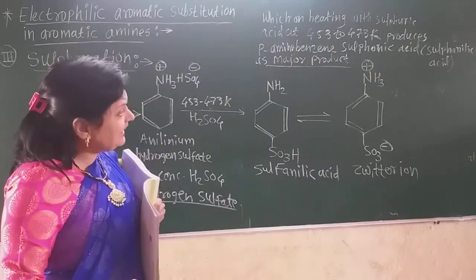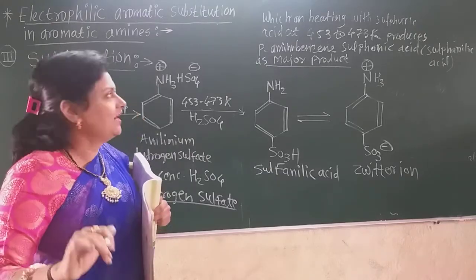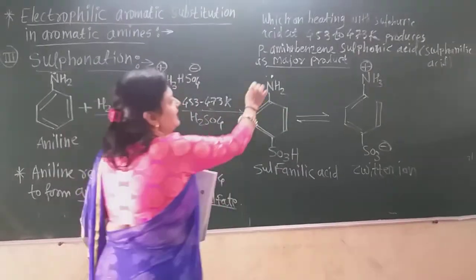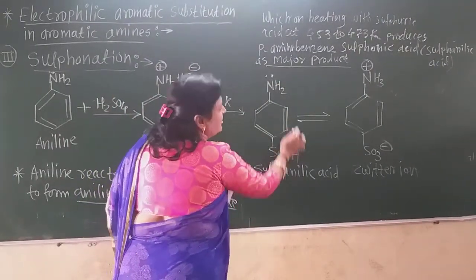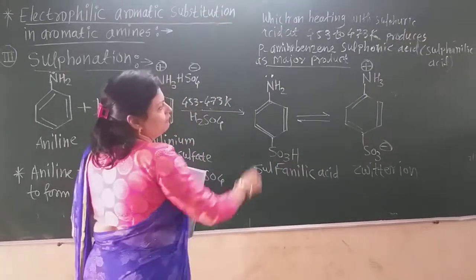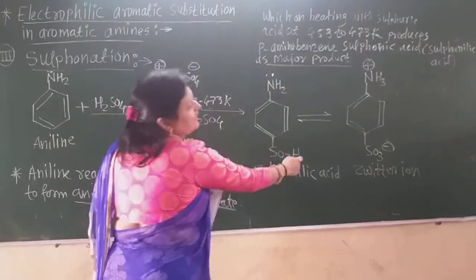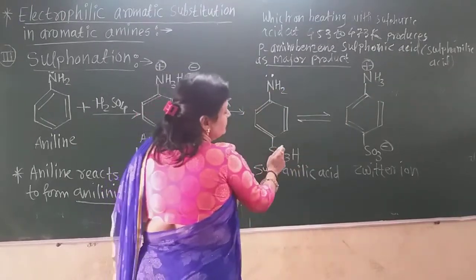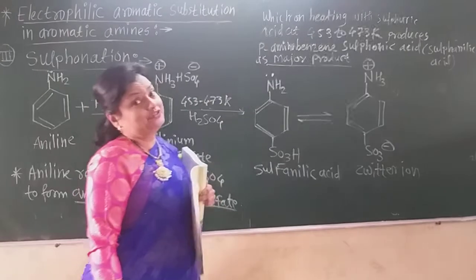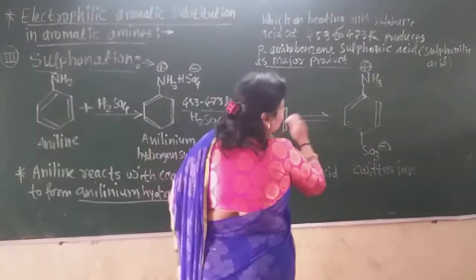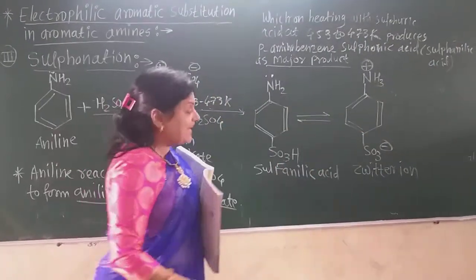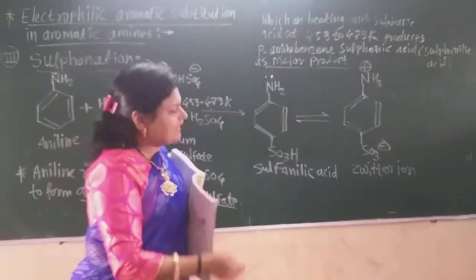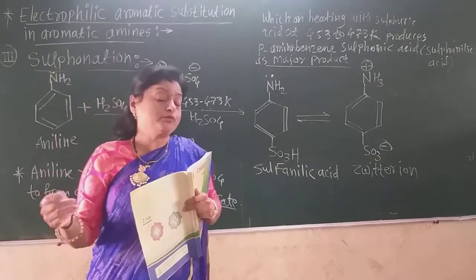But this sulfanilic acid is present in the Zwitter form. How is the Zwitter form formed? Now you know that there is the lone pair on the nitrogen atom. So this acidic hydrogen can attach to the NH2 group by using the lone pair. Then there is formation of NH3 plus, and as the hydrogen goes there, this SO3 acquires the negative charge. Now these are interconvertible, but as there is charge separation in the same molecule, it is also called a Zwitter ion, like the amino acids.